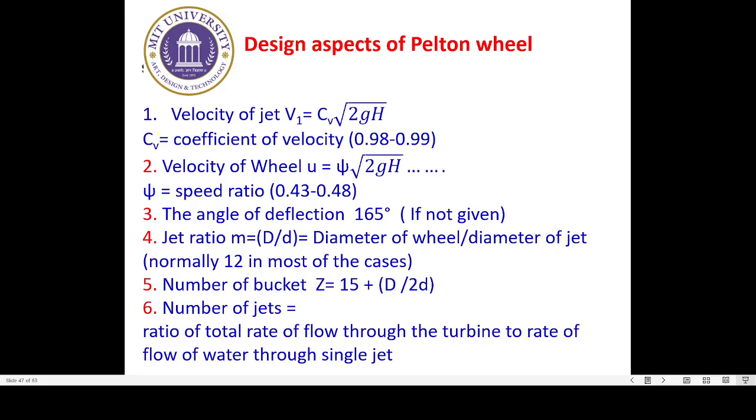To evaluate how many buckets should be placed around the periphery of the runner, expressed as Z, the number of buckets Z equals 15 plus D divided by 2d. And toward the end,